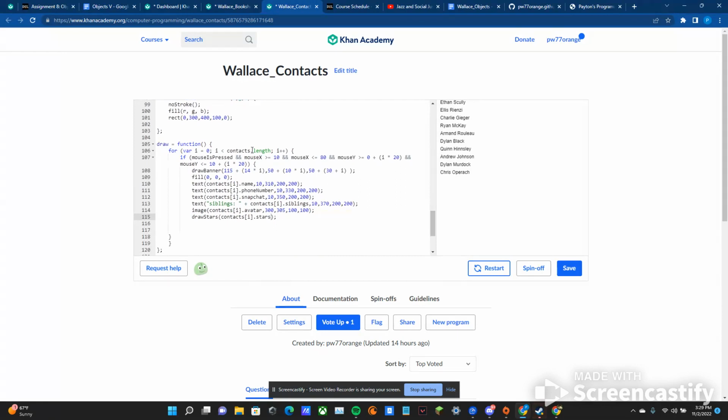And this is the heavy hitter right here. So it's a draw function and then inside there's a nested for loop. So it's for i=0, so it runs as many times as there are objects in the list of contacts. So there's 10 objects in the list. It's going to run 10 times, and then in the for loop there's an if, where if the mouse is